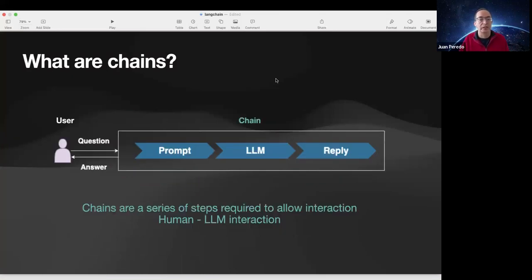All right. So what is a chain, right? After all, it is Langchain. We have many individual pieces that work together to create and answer the questions of the user. We have the user that provides a question, we have a prompt, that may be the question of the user plus additional information we're providing. That gets passed to an LLM, and then the LLM provides a reply. This is very high level, but each one of those pieces can get a lot more complex, and these are the pieces that we're working with. So this is the chain, and thus Langchain.